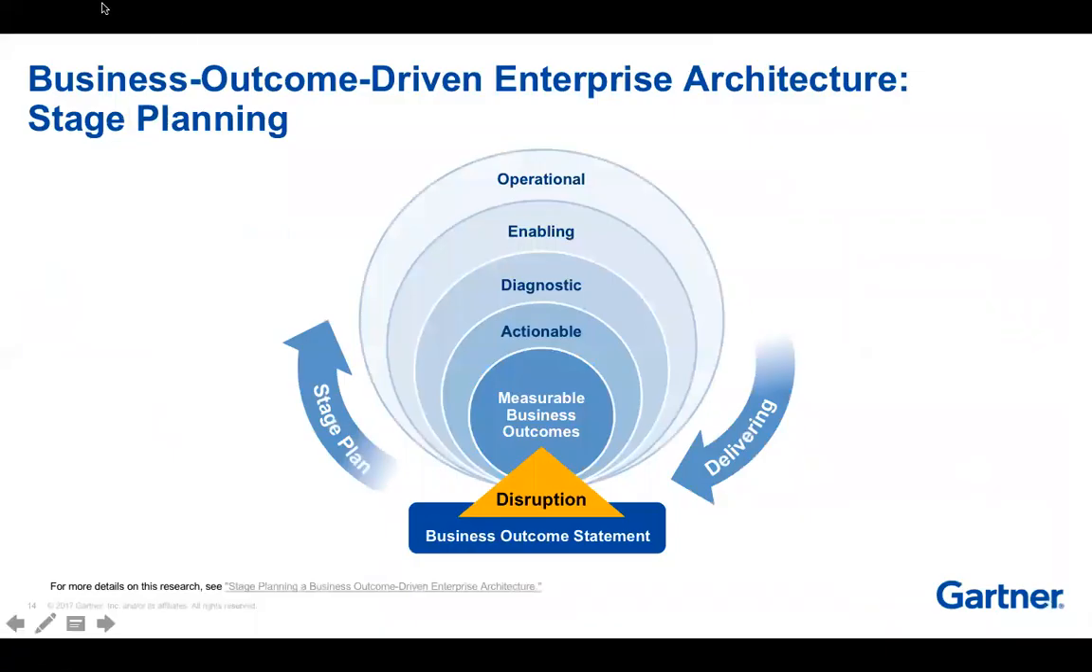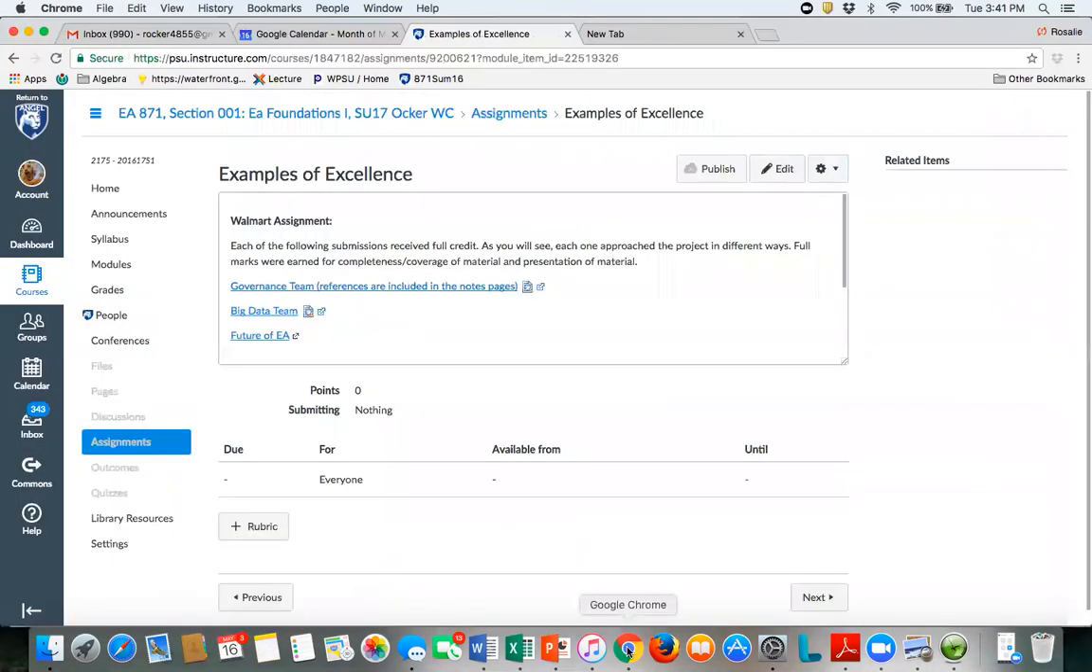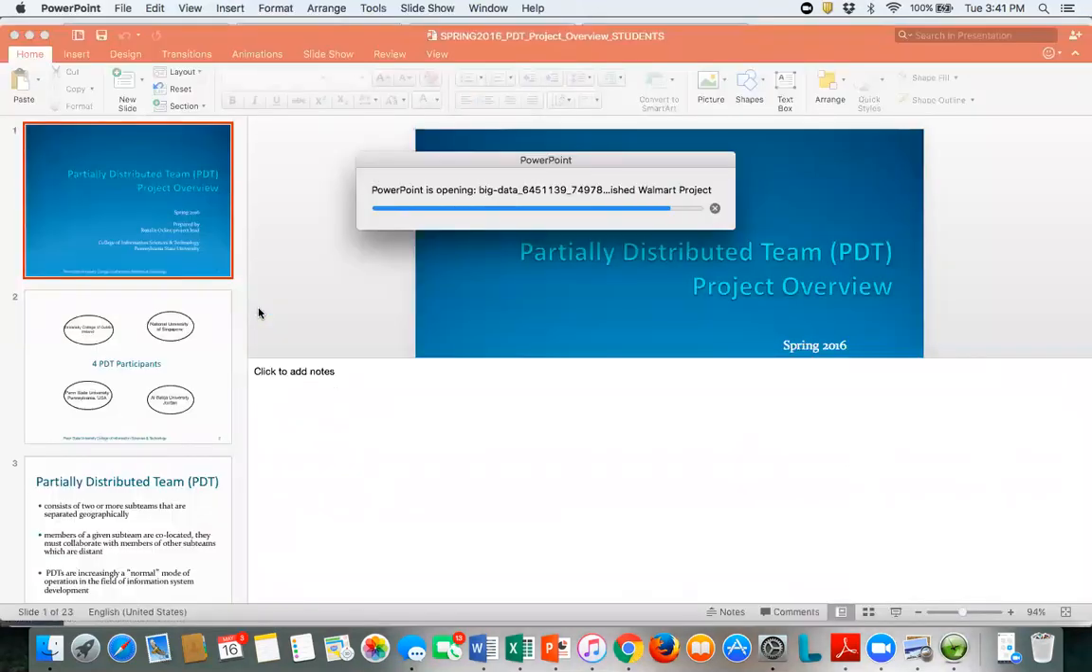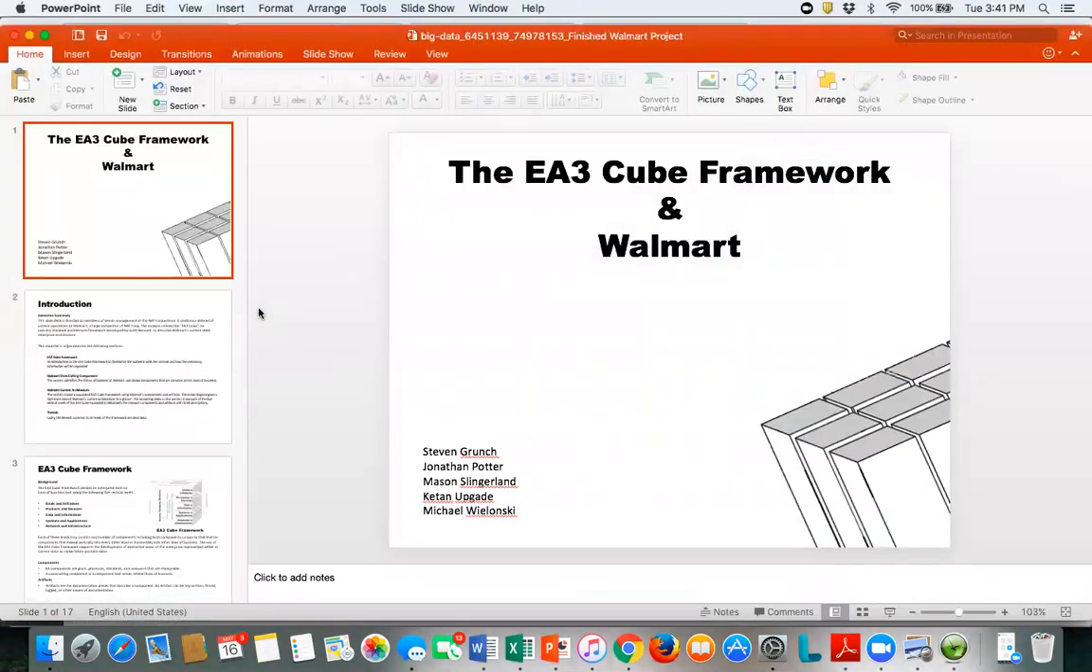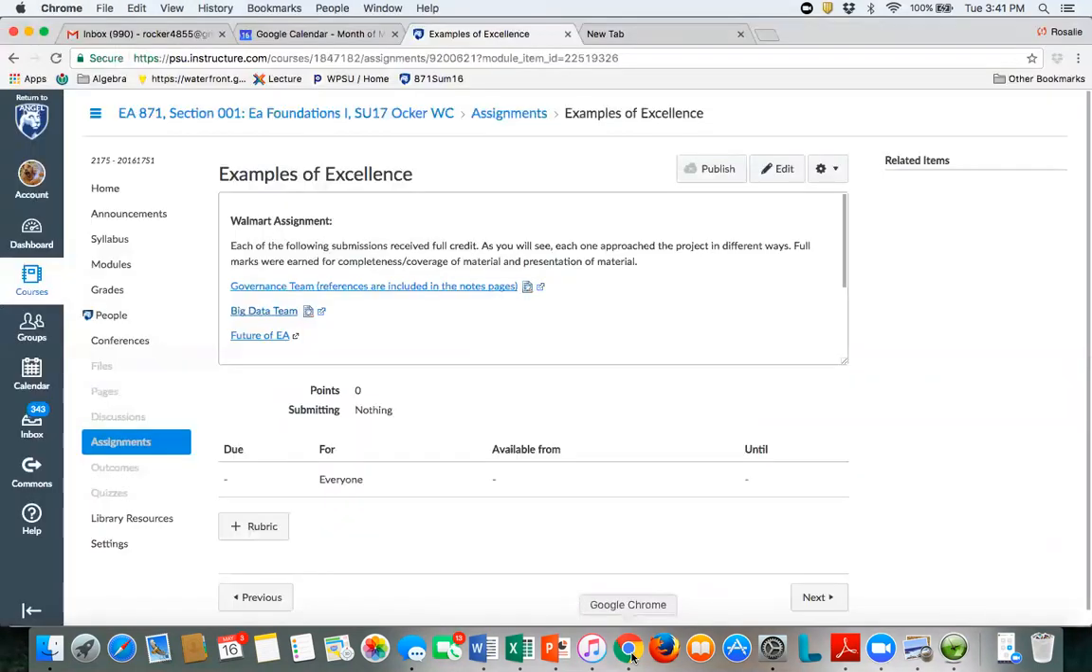No, that's not the right one. I will find the right one. And I will make it visible, and I will point you to it. How does that sound? Here's one. Again, these are not the right topics. So sorry. I'll find some, and I will make them